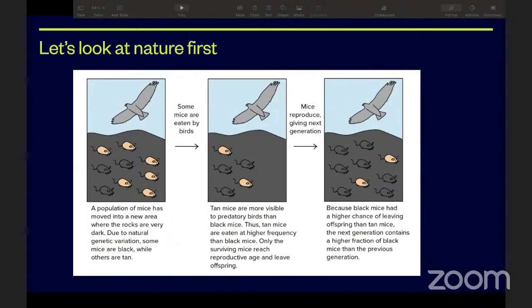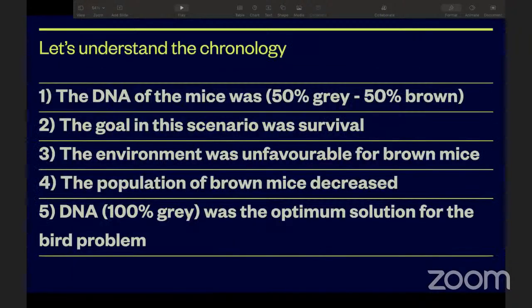So if you look at this entire scenario where this eagle wants to eat these mice, that is called setting up the environment, where we have some predator. Based on that predator, we have a survival scenario. So the goal here, or the loss function here, is survival. So whoever dies first has a very high loss value.